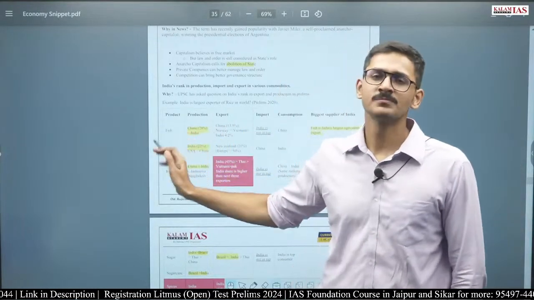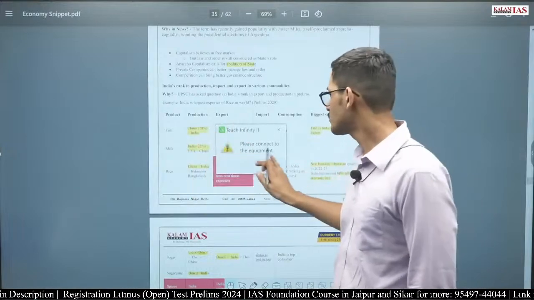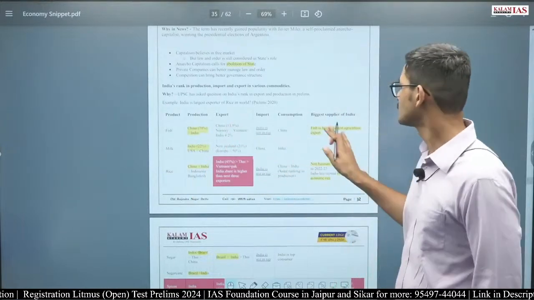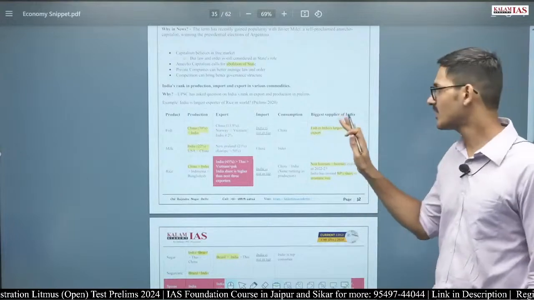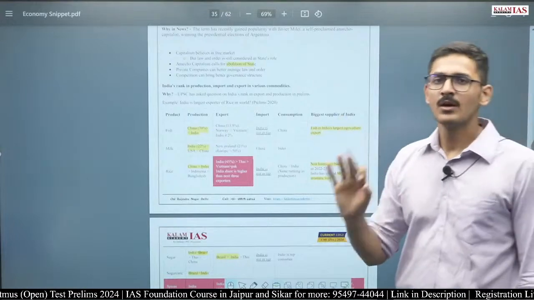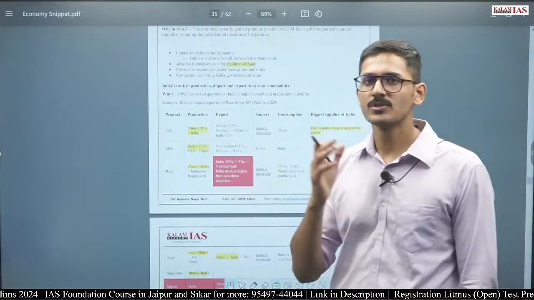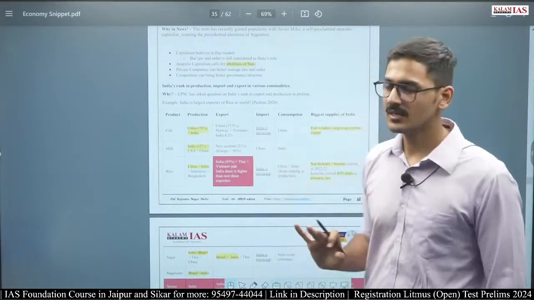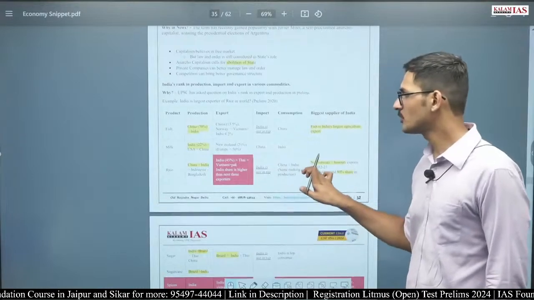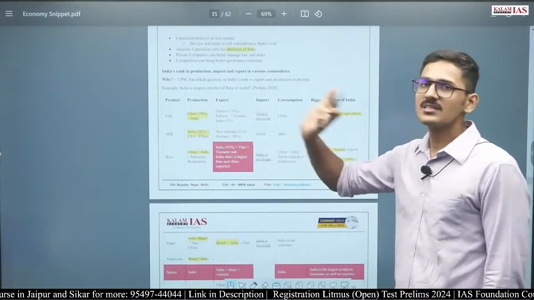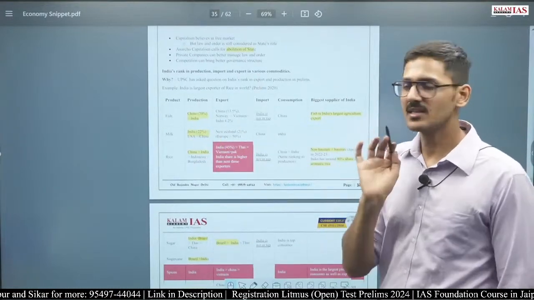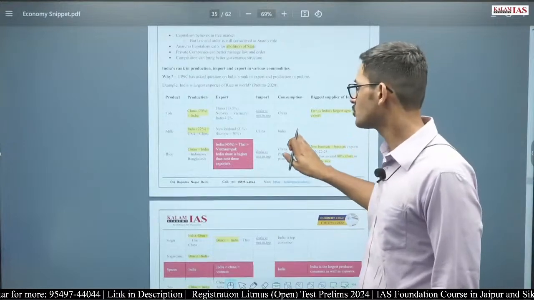So first, in fish, the largest producer is China. India is the second largest producer, whereas fish is India's largest agriculture export. Of all the agriculture exports that India makes, including the food processing industry and everything, fish is the largest product exported. In milk, India is the largest producer and also the largest consumer in the world.